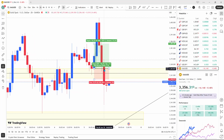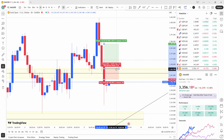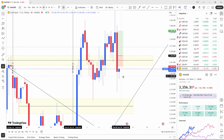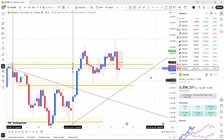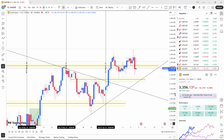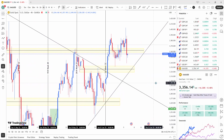And again, this is why you don't just enter because it comes in. So let's say you bought again, after this trade you won, you'd have lost. So that is why you wait. Bit of patience. I am still bullish on gold. However,